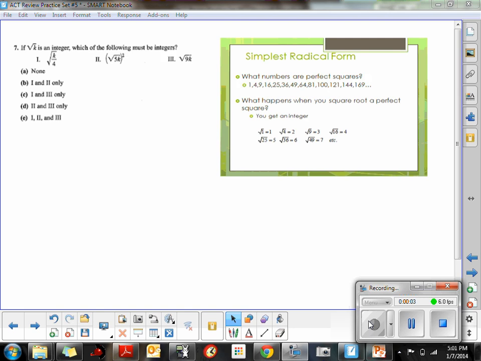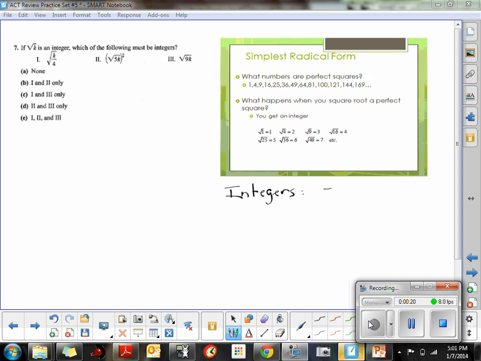Question number 7 starts off with, if the square root of k is an integer, which of the following must be integers? So you're dealing with some of your number sets. You have to know what number sets you're working with. I didn't really describe what integers were, but these number set integers